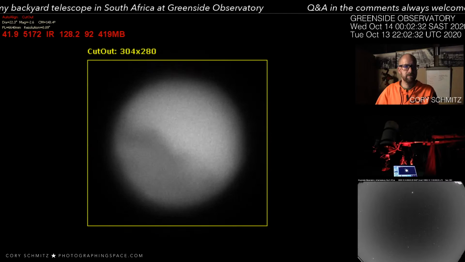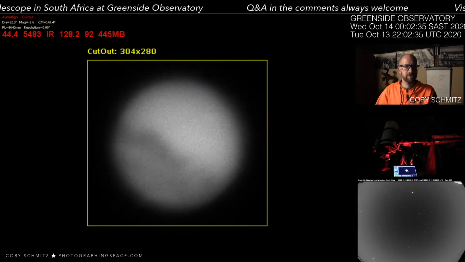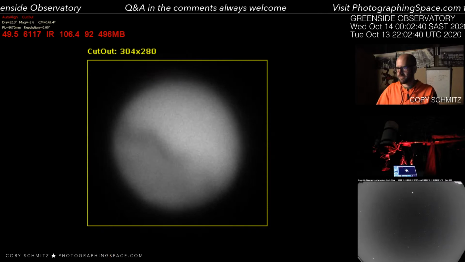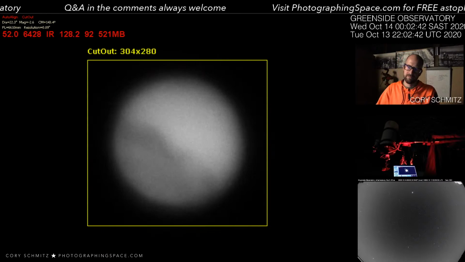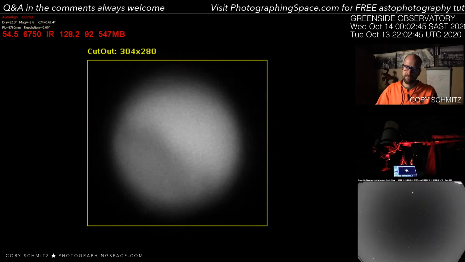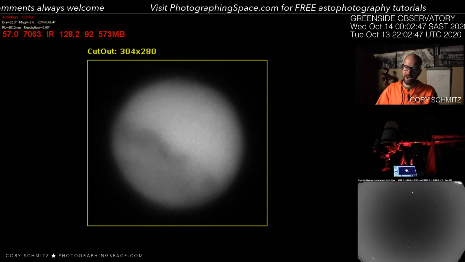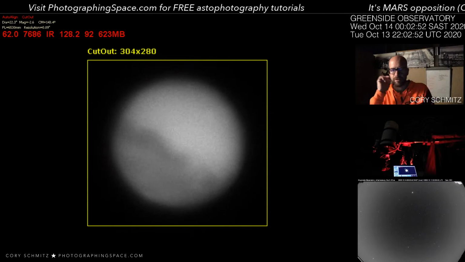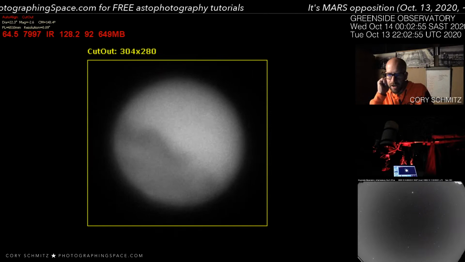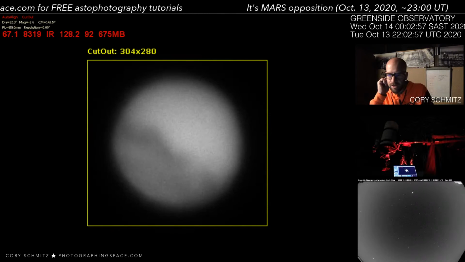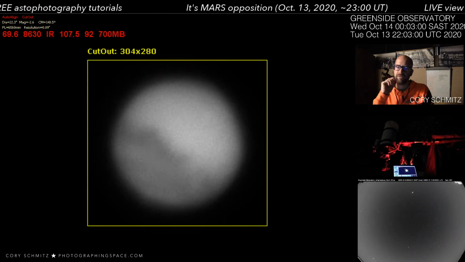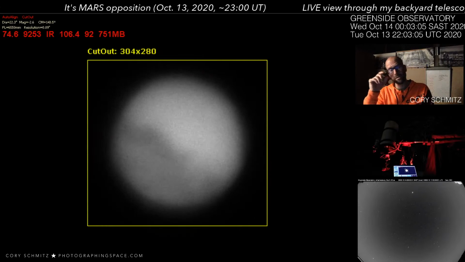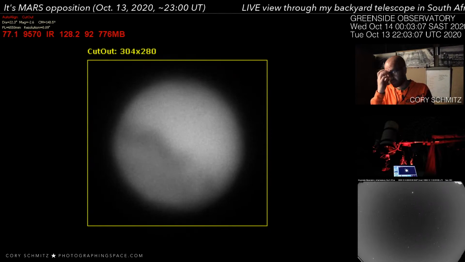Okay. Got another question. Where are we? Five of these infrared captures in. I'm going to do five more. How can I point my telescope with a high focal length fast and accurately? Well, basically, the biggest thing is